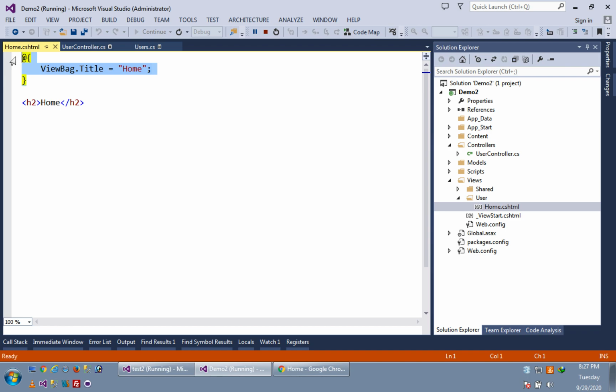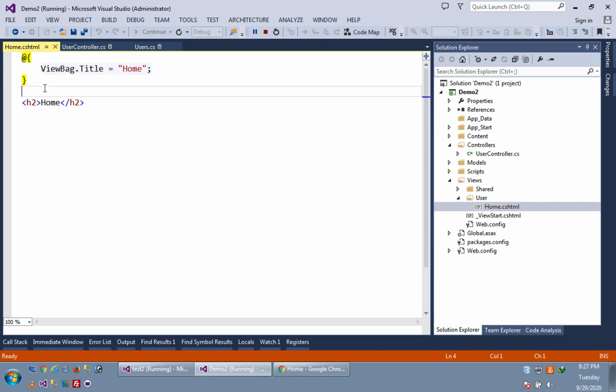And the third thing is for declaring a variable, you have to write var just before the name of the variable, like var firstName equals, in double quotes, Ami. That is the Razor variable, and you can use it throughout your cshtml page.